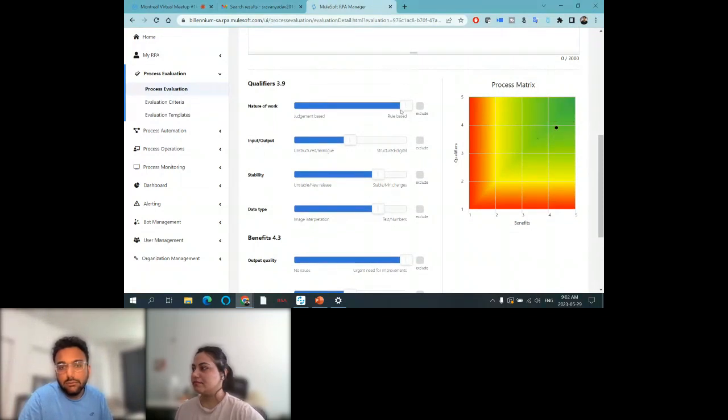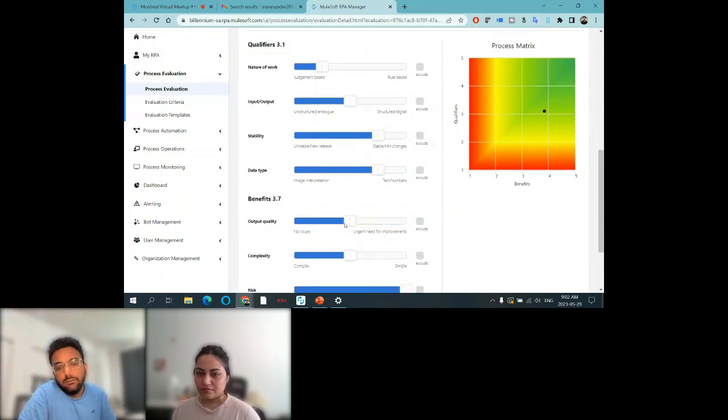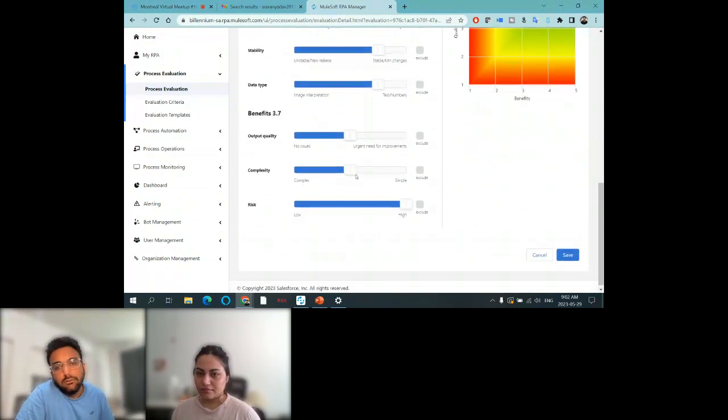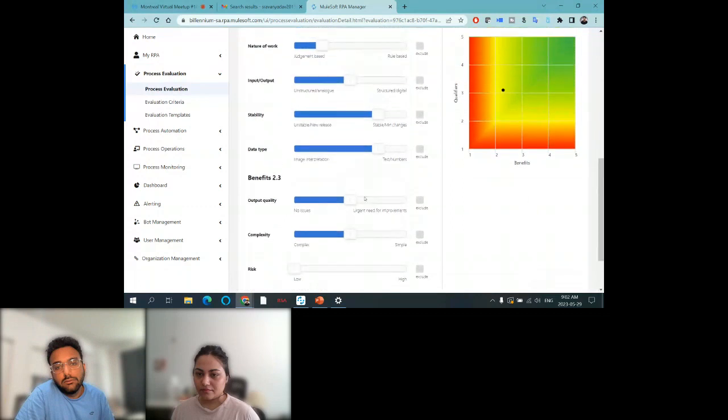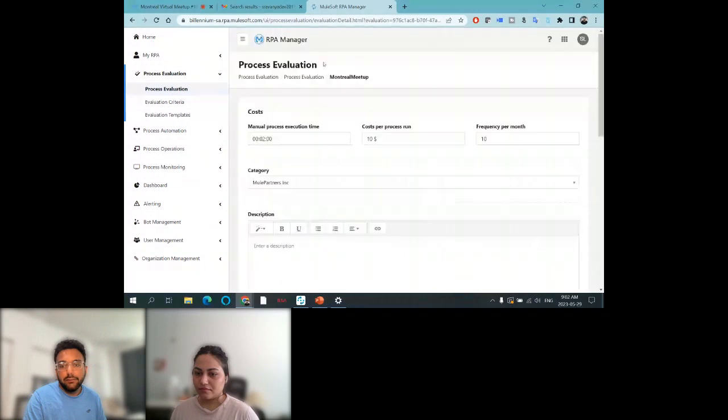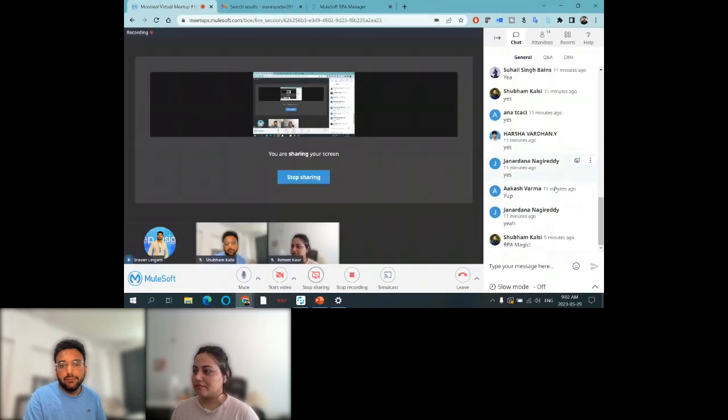But if it is in the red area, then it recommends that it is not really required to create an RPA bot for this particular manual process. So based upon this evaluation criteria, you are going to perform your task. Clear everyone on this part? Yes, no?